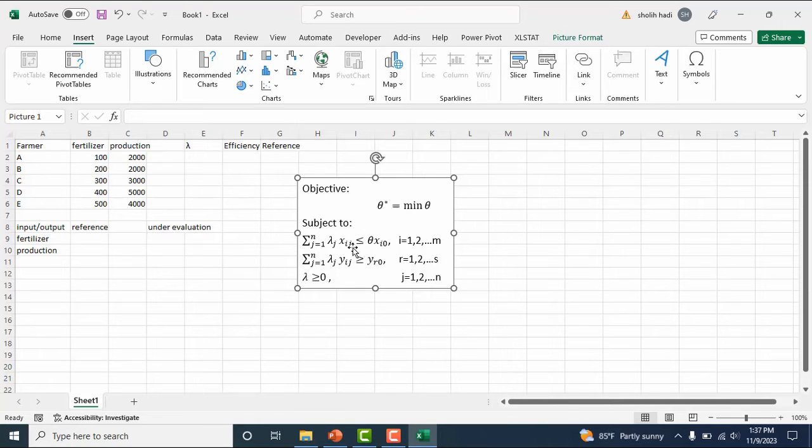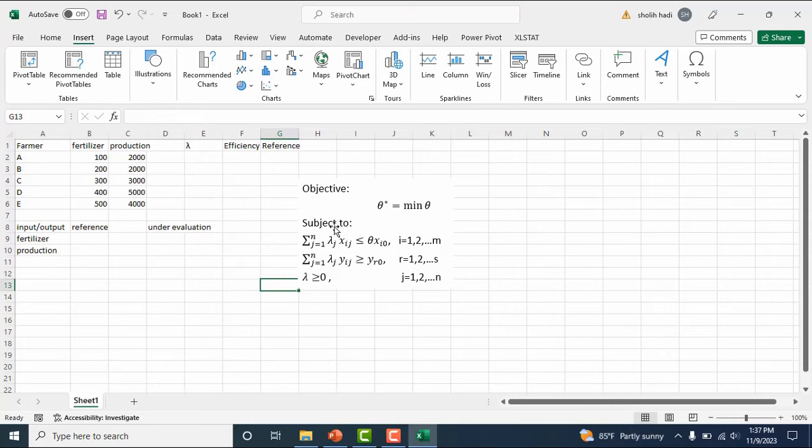Okay, we will try to use the formula in Excel. Right now we want to use this one: sigma of lambda multiplied by input is less than or equal to theta multiplied by the input of the DMU under evaluation.